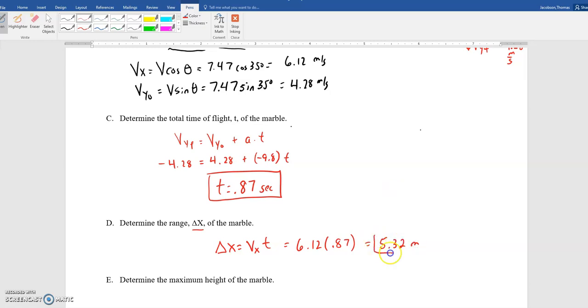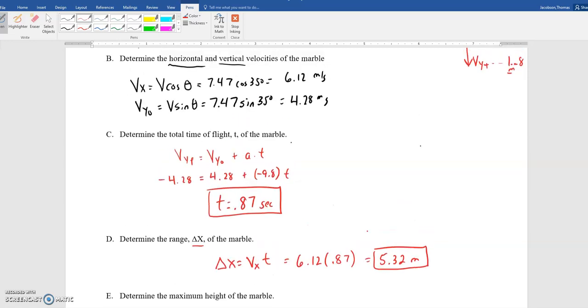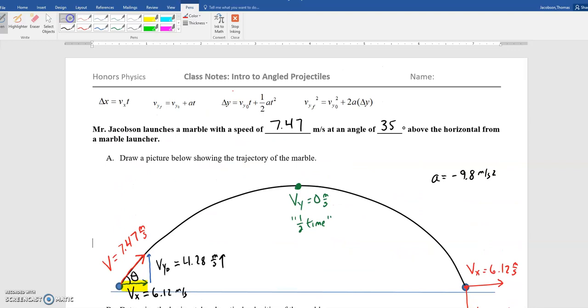So in class, if we didn't already test it, I should be able to place a little bucket 5.32 meters away from the marble launcher, and I should be able to launch it, and it should land inside of that bucket. The last thing is determining that maximum height,